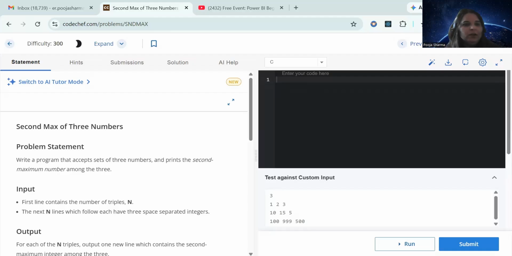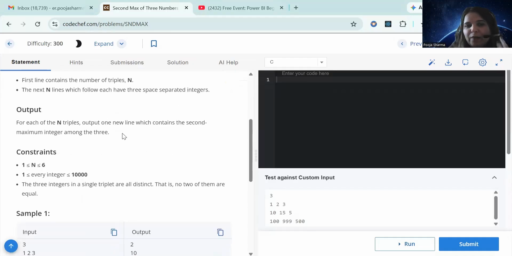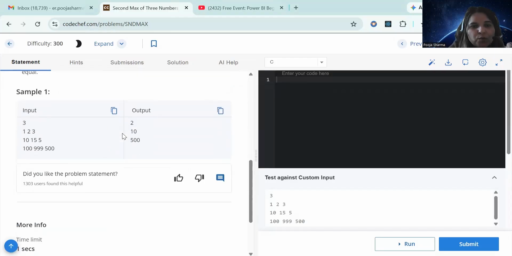So today we are going to discuss another HackerRank, CodeChef problem rather. To find the second maximum of three numbers, right? So let's see what we have to find out. When you input three, this is a count that he wants us to enter. When you input three, you are able to scan three items like 1, 2, 3. And once you enter 1, 2, 3, it will give you the output of the second maximum number, wherever it